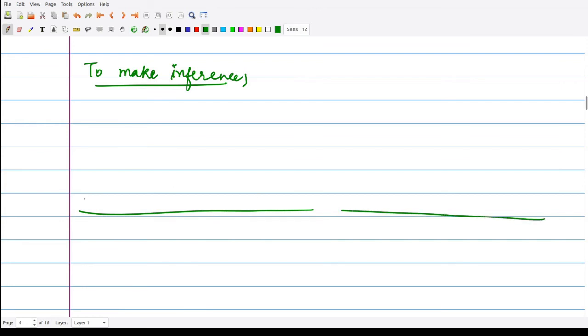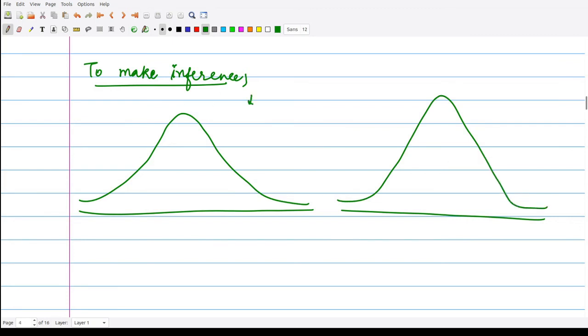This value would be given to you in the question itself. So here in this case, to make inference, what you have to do, you have to draw these two graphs, one for detergents, one for engines, right? So say this is for detergents and this is for engines. This is your middle value, and then we'll see what our critical region is in both the cases.